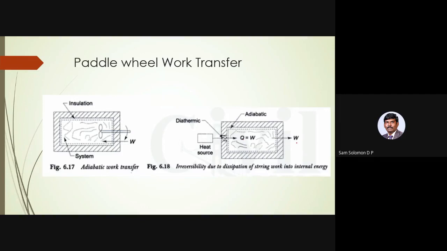Is that possible? It is not possible. It is perpetual motion machine of the second kind. In a perpetual motion machine of the second kind, all of heat transfer is converted into work. That is not possible. Some amount of heat should be rejected to the sink. Okay, so here, while trying to reverse it back to its initial state, we find that it is violating the second law of thermodynamics. Okay, it is perpetual motion machine of the second kind. So that is not possible. So your paddle wheel work transfer is also irreversible.